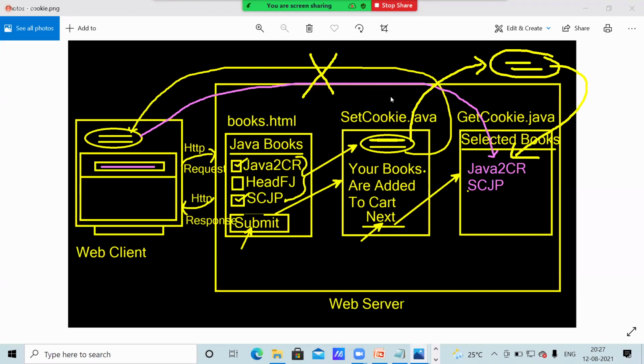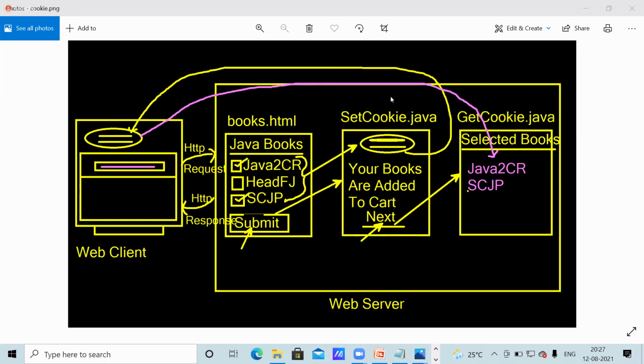Session tracking is stored in server only and retrieved from server only. Here, what names am I changing? Set cookie, in that place set session. Get cookie, in that place get session.